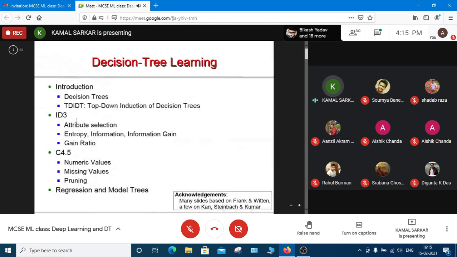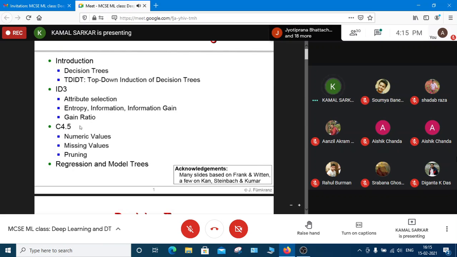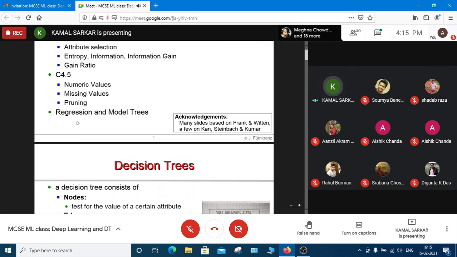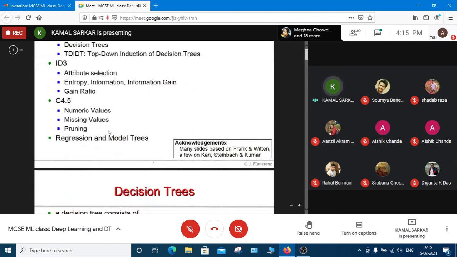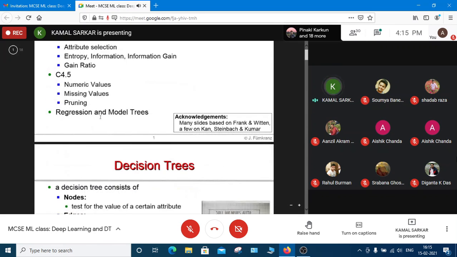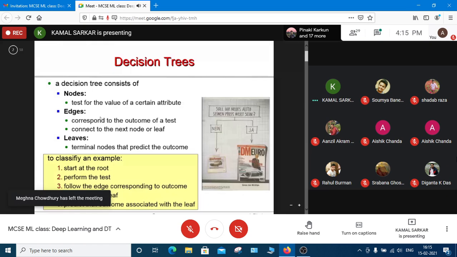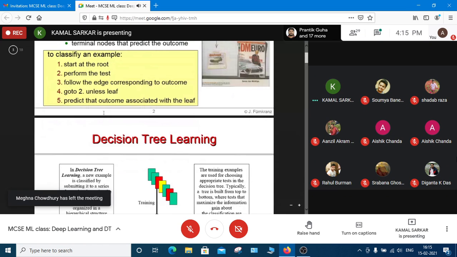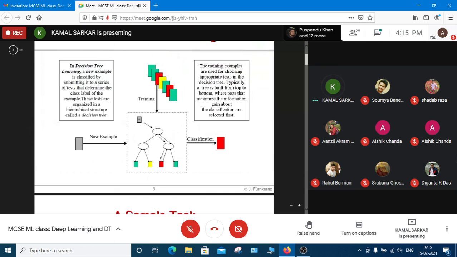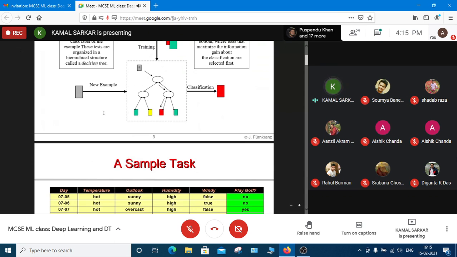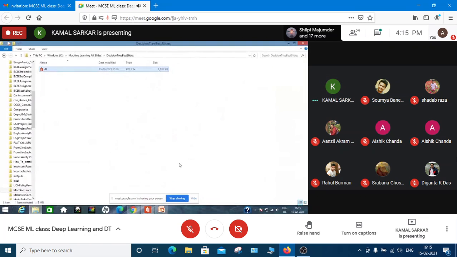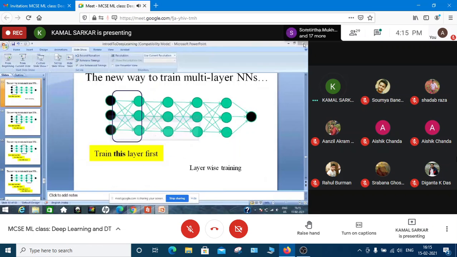Initially, the algorithm given by Quinlan is known as the ID3 algorithm, and gradually it was improved. After that, the C4.5 version, an improved version of ID3, was given, and finally C5.0 is also available now. Just to try to understand how the hypothesis function looks like for a neural network, and also the